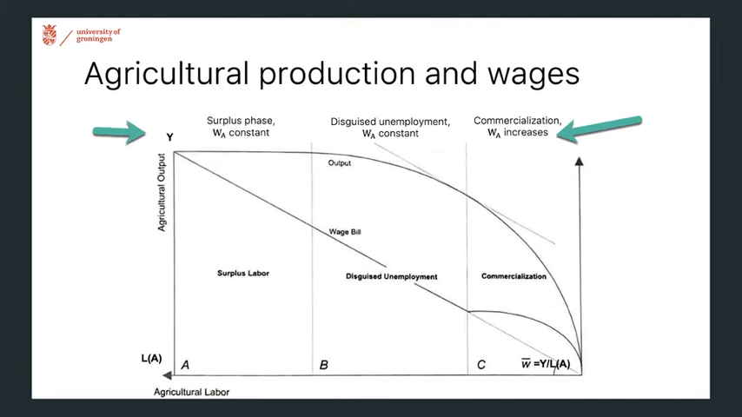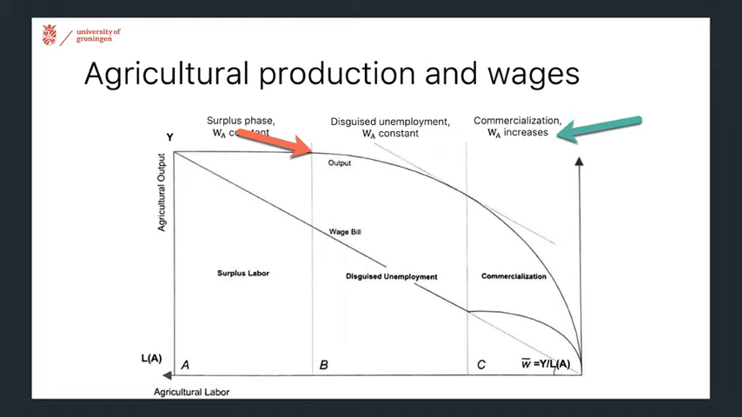Now, the key assumption that is being made here is that throughout the period moving forward until we reach commercialization, the average wage earned is constant. So W bar is constant. As we're moving from the left to the right, so there are fewer workers in agriculture, the average product could increase. Because if you are at point B and you draw a diagonal line